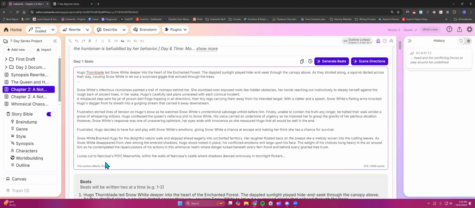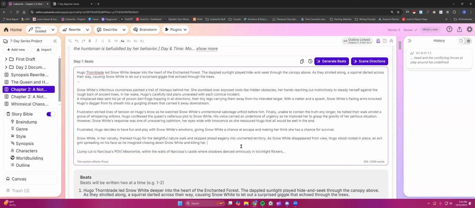Get rid of that crazy wording. So Snow White. I'm going to try and darken it up just a little bit, but with our style and genre, I don't think it's going to work very well. So she disappeared from view, Emerald Shadows. Okay. Yeah. Again, get rid of wording. Rid of this, and I'm just going to say,